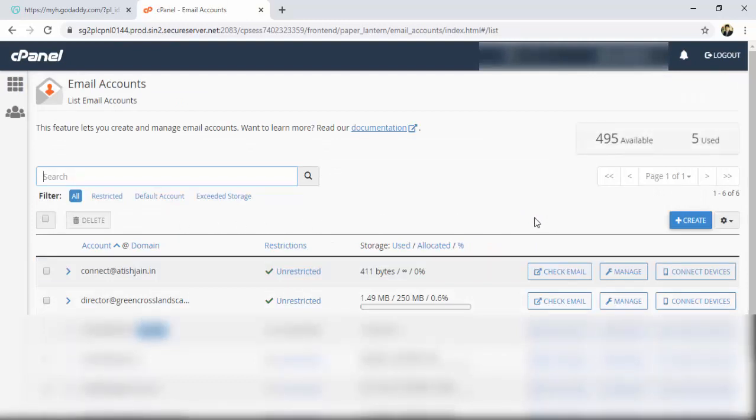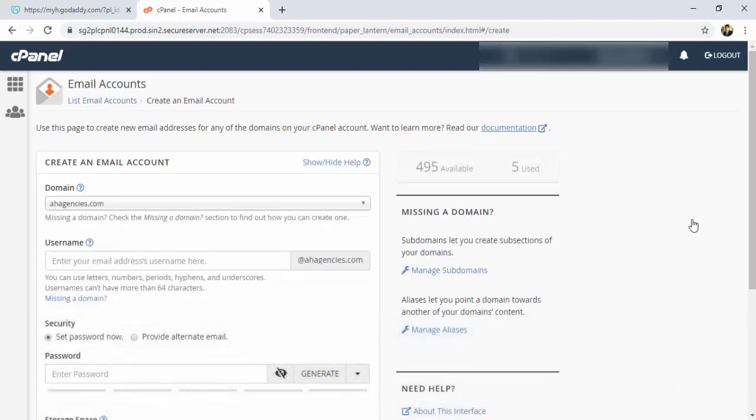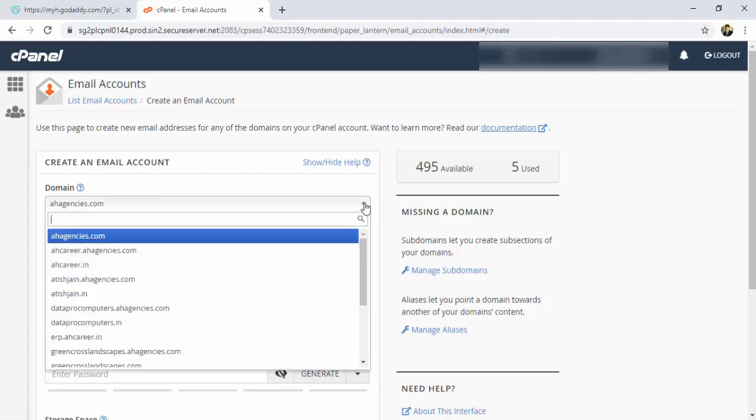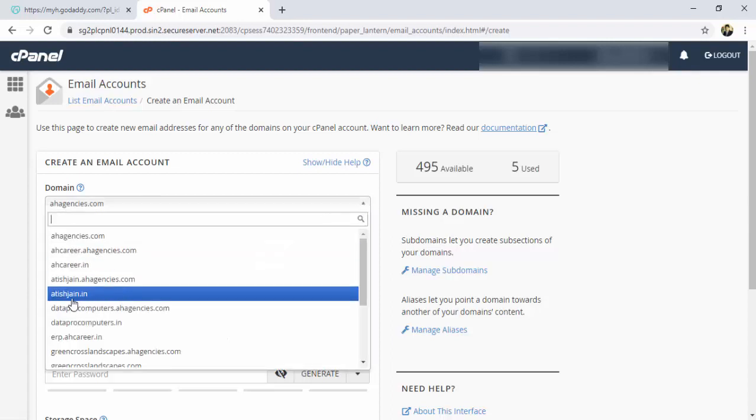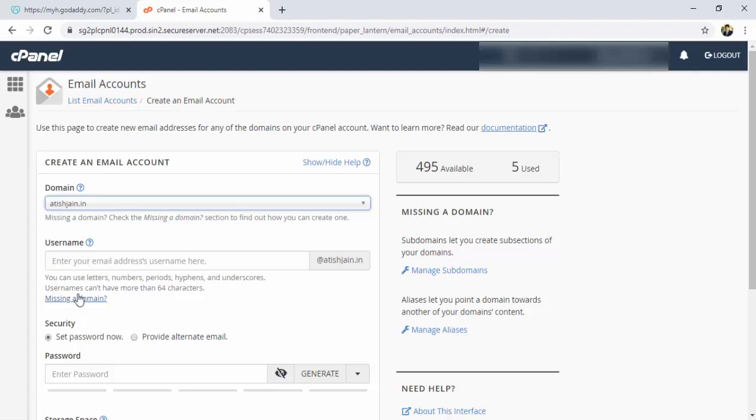Here click on create. First step is you need to select your domain name. So I am selecting my domain name as atishjain.in. And here I need to choose the email ID, that will be your username. I'll say contact.